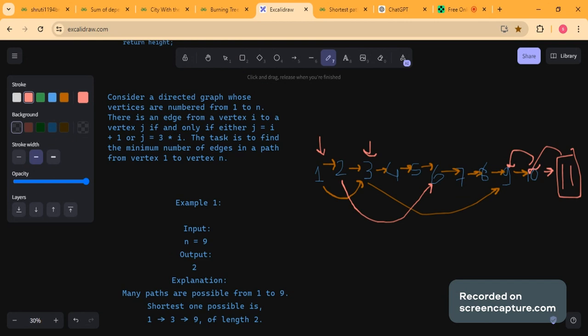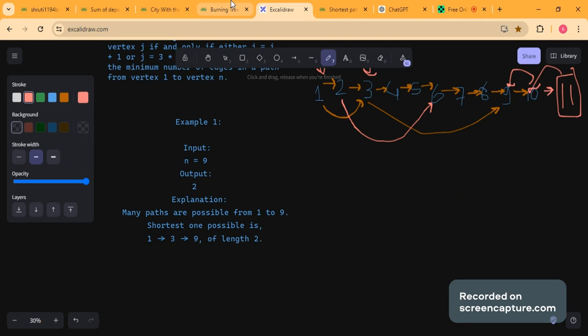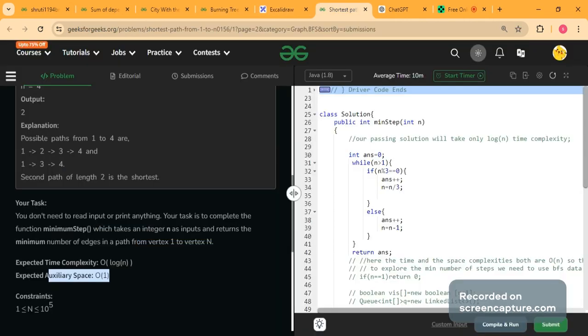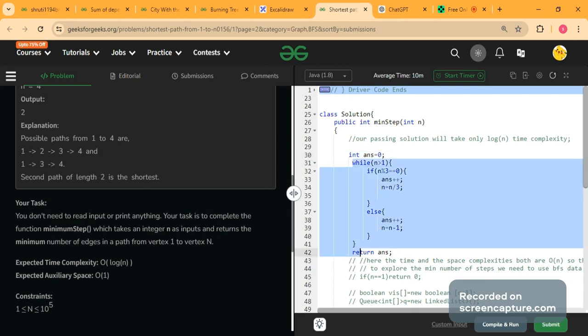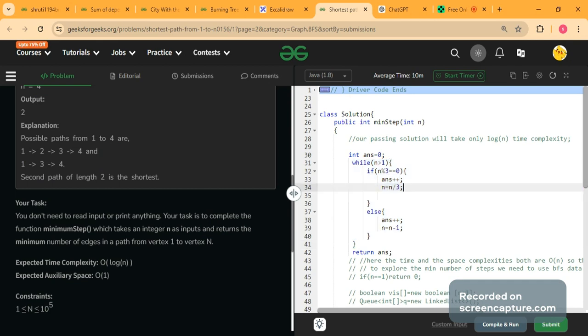So here is the code. I will initialize a count or answer as 0. Then I will run a while loop to execute all my tasks. Now I will check if n is divisible by 3, then I will increase my answer by 1, which represents the number of edges, and I will reduce n to n divided by 3.